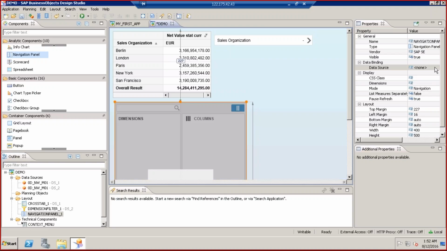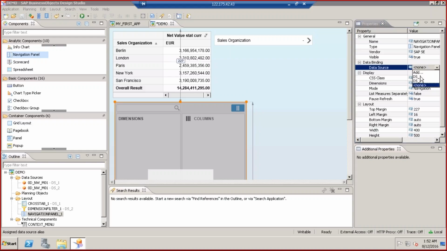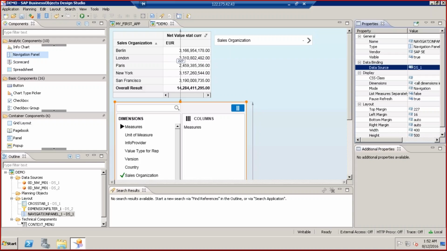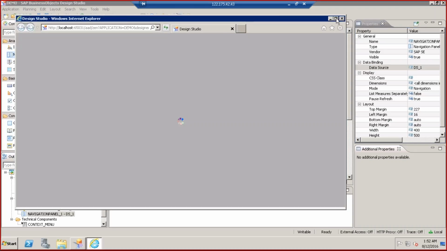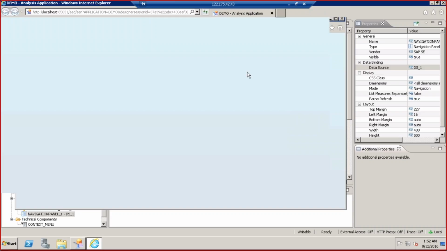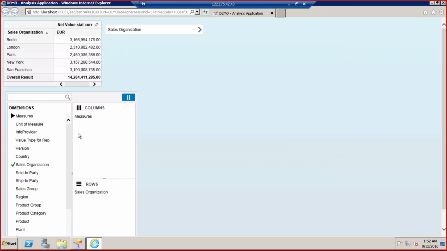So the navigation panel is also asking to assign some source. So we say this, and we execute it. Okay, so initially I have Myers and the organization. Let's add one more. Let's add country here in the rows,